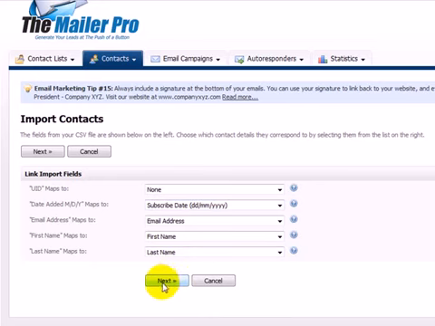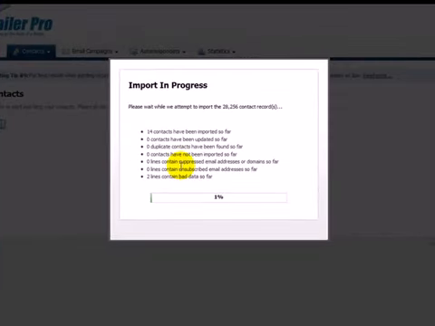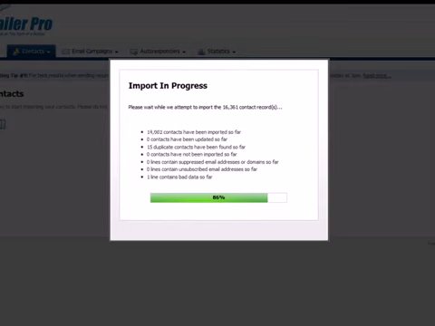So next you just click the next button here and click start importing. As this imports, it's going to take a few minutes, and while it does that, I'll pause the video so you don't have to wait on that. Now as it finishes up here,